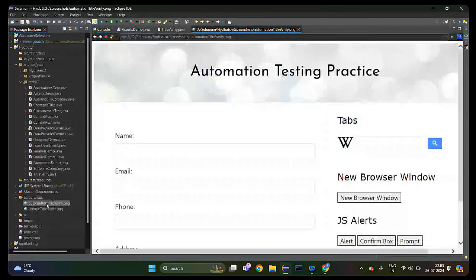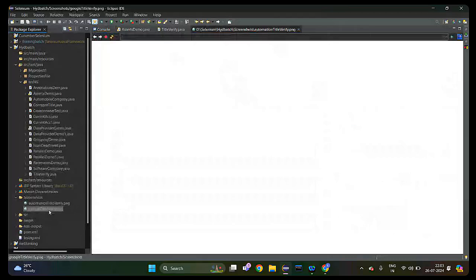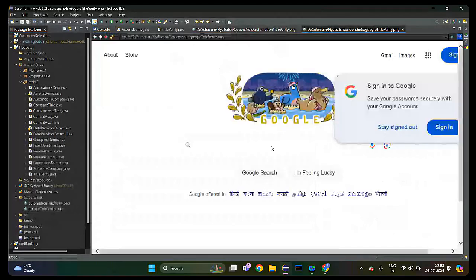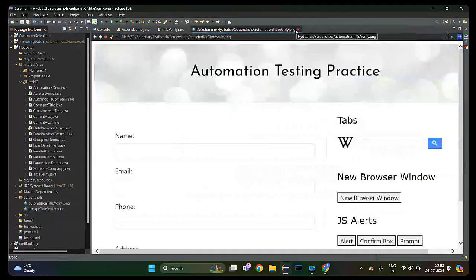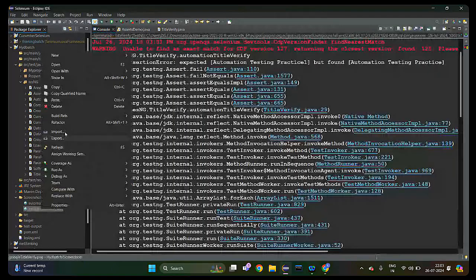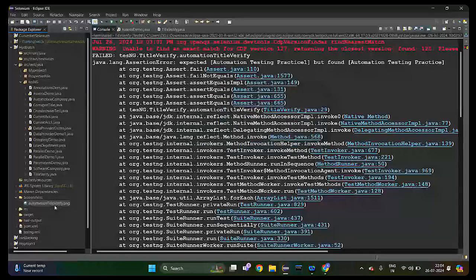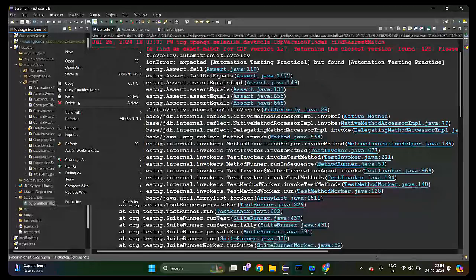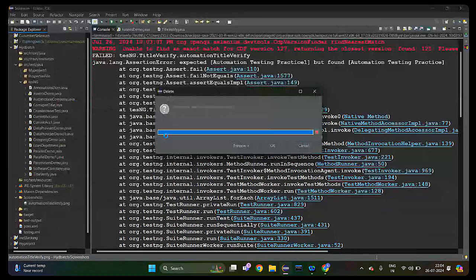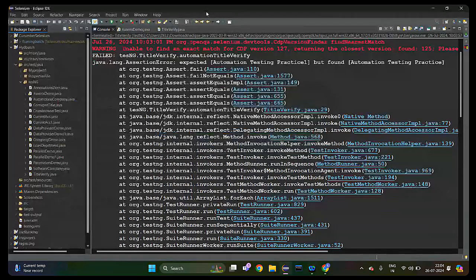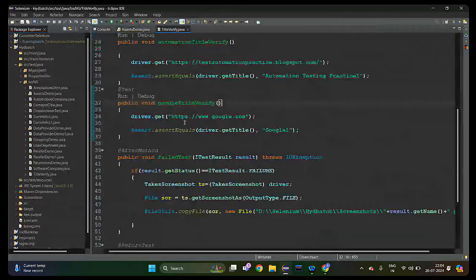Okay, likewise, let it be if you are running 100 test cases, out of which 50 are getting failed. So this screenshot method will capture all the failed test cases. Okay, this is how we can capture failed test cases. Now one more thing, I told you that